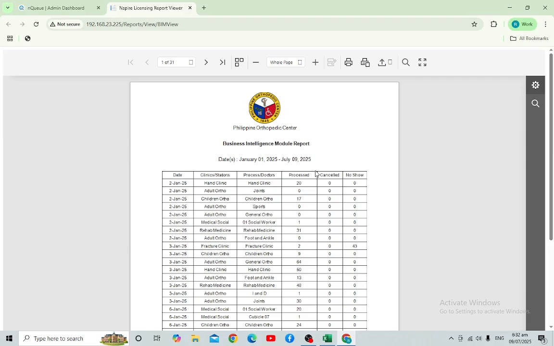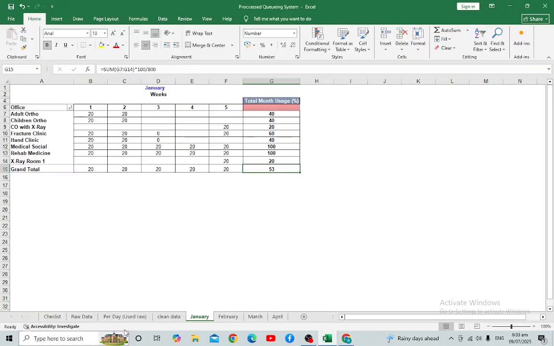The no-show are the queuing tickets that went to paging, but they didn't show up to the doctors, so they are marked as no-show.